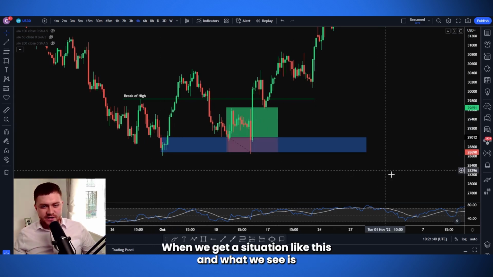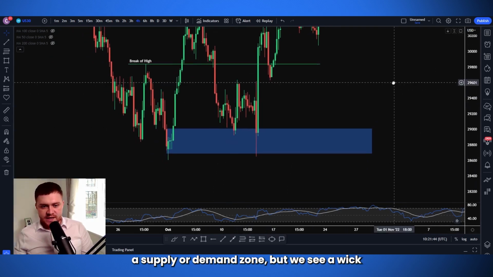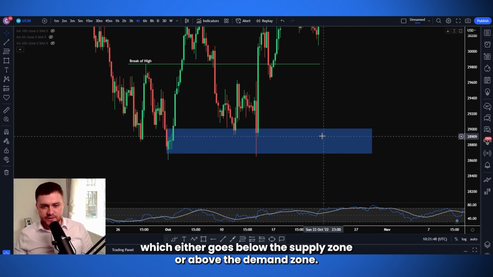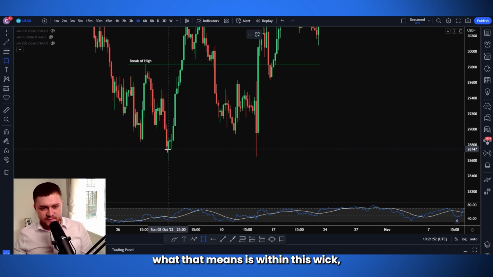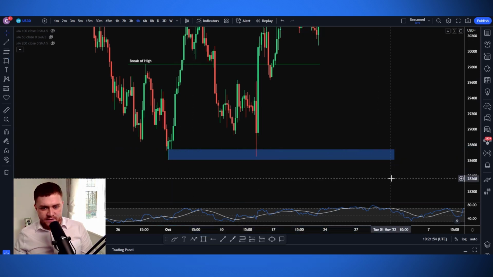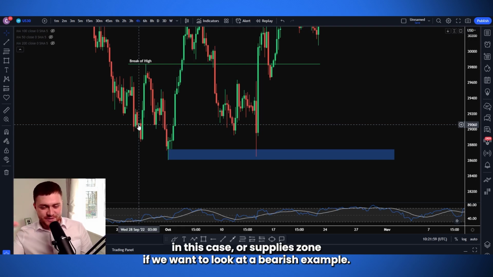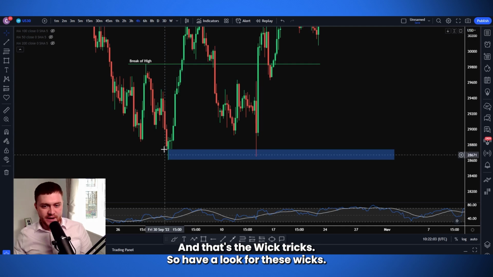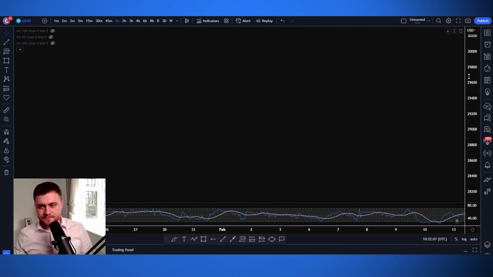When we get a situation like this, and what we see is a supply or demand zone, but we see a wick which either goes below the supply zone or above the demand zone, trust me, what that means is within this wick, there's normally a lower time frame demand zone in this case, or a supply zone if we were to look at a bearish example. And that's the wick trick. So have a look for these wicks, because if we look on the lower time frame now, on the 1 hour,